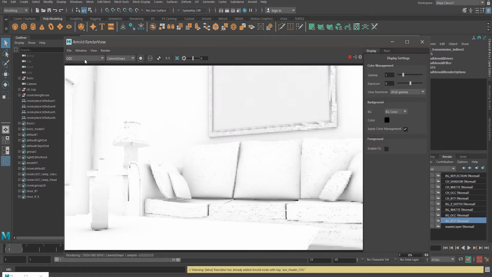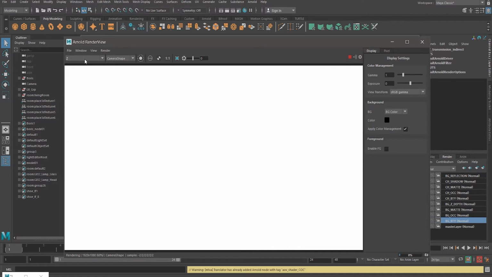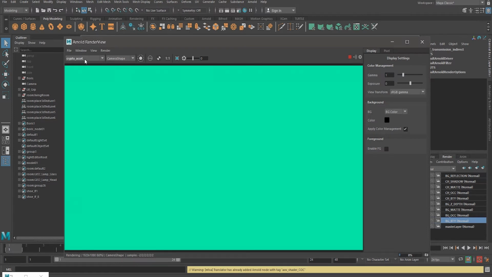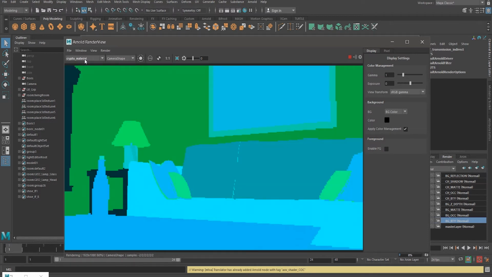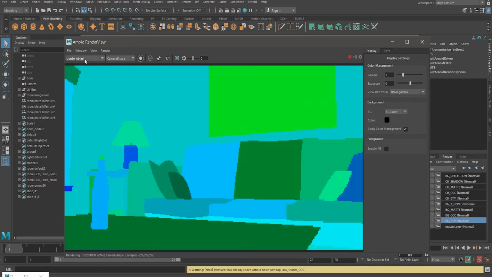Here it is COC, that is basically occlusion, and then there is Z depth that we can see in Nuke. I will show it to you. Cryptomat asset will present a cryptomat of the whole scene that I told you earlier. This is cryptomat material. Different objects which have different materials are coming in different colors. Object material, all the objects are made by different object nodes, that's why they all are coming in different colors.